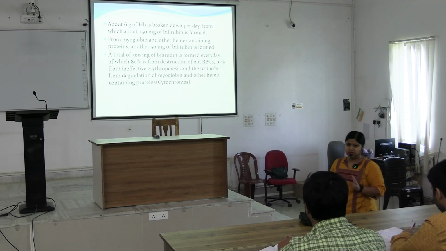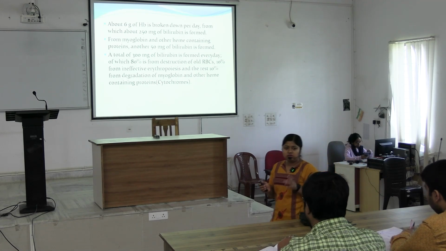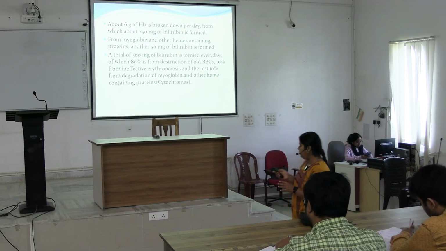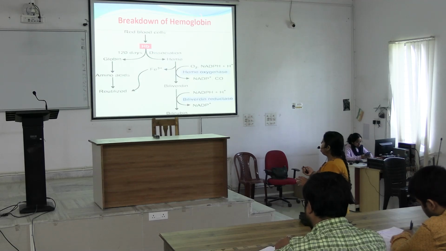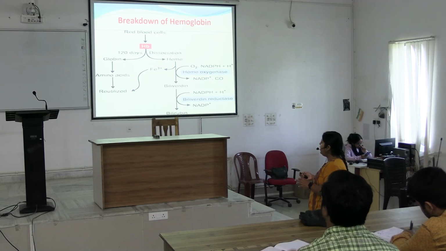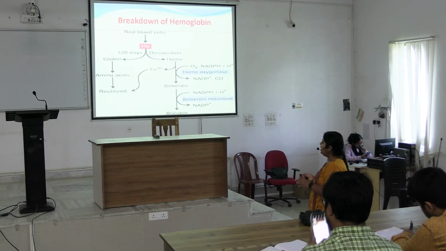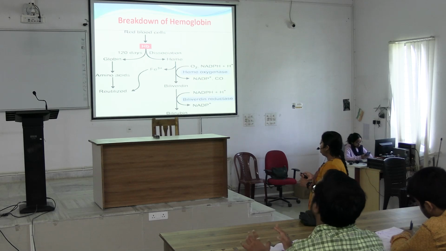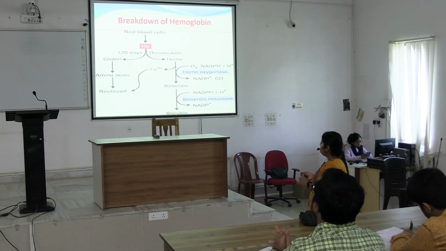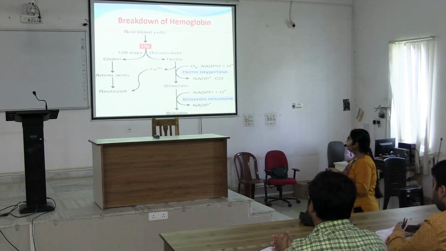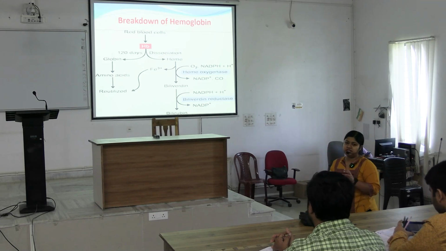If asked in your MCQ questions what the major source of bilirubin is, that will be hemoglobin from old RBCs. So this is the breakdown of hemoglobin pathway. When red blood cells rupture after 120 days, hemoglobin is released. From that, the globin part is separated and degraded into various amino acids which are further reutilized. And the heme part comes into the microsome of the macrophage. This is also asked: in the heme breakdown pathway, which portion occurs in which organelle?